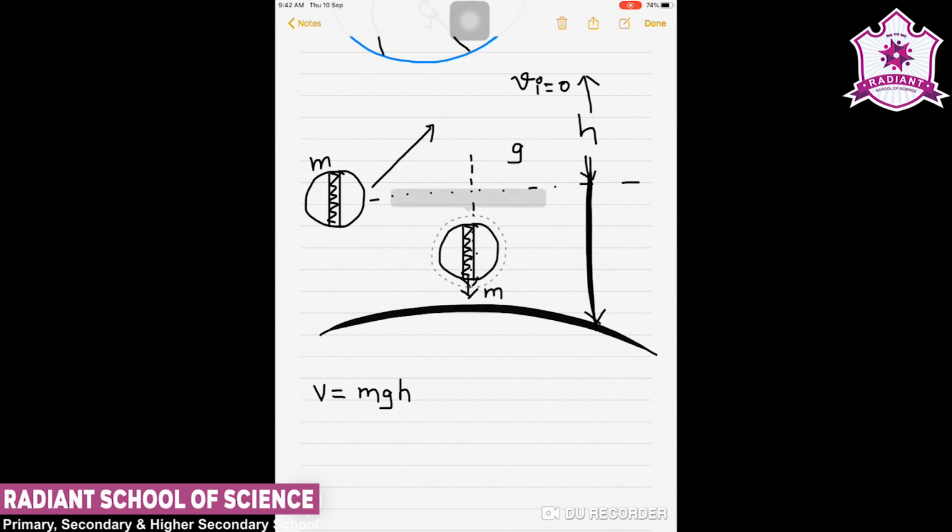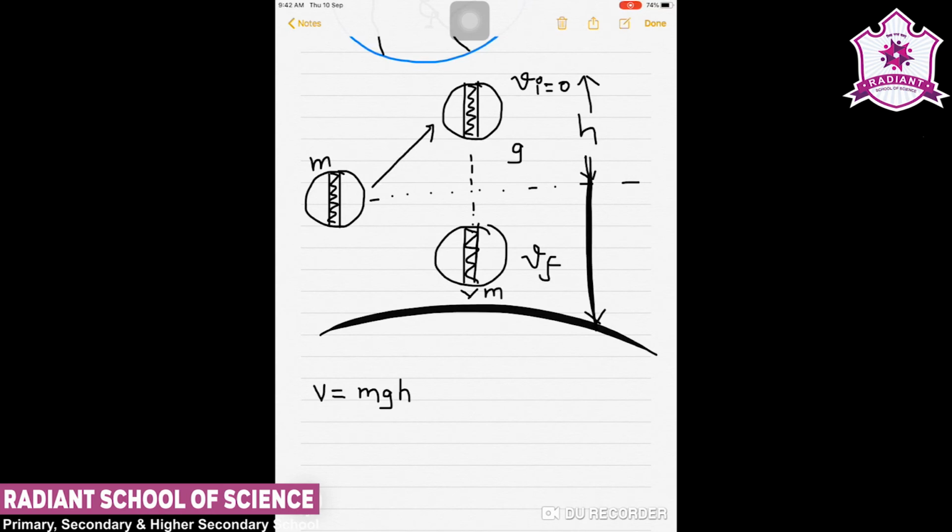So initially the ball was here and it started coming down, and we say it reaches somewhere here with that example, and we considered that the ball reaches at this point with certain velocity v final. So we say that when it reaches here, it will have certain velocity, that is v final.